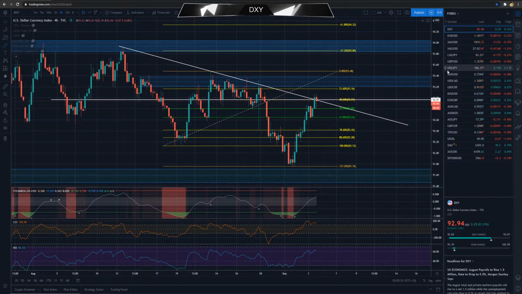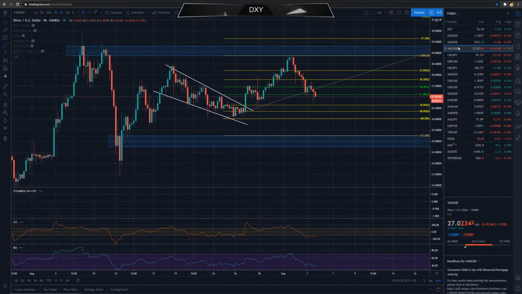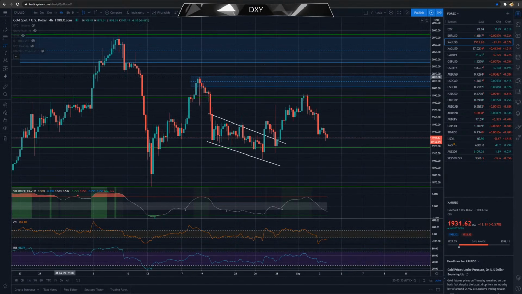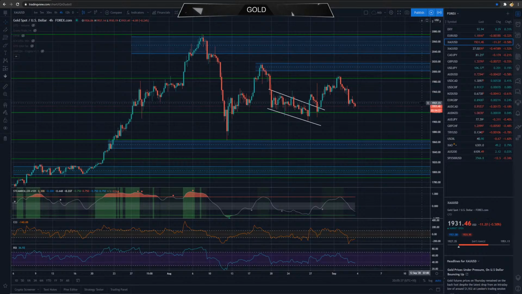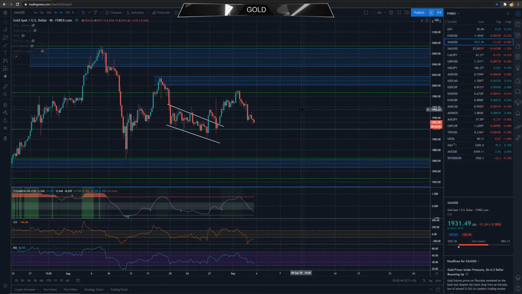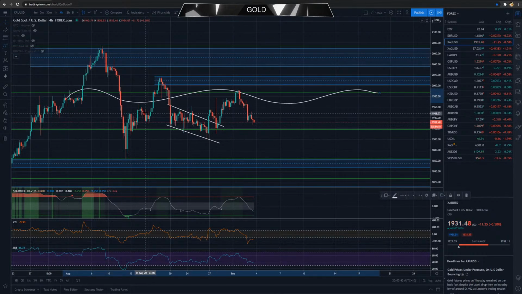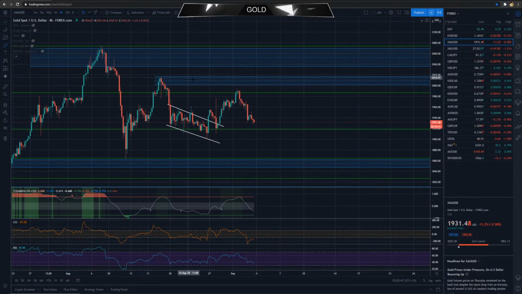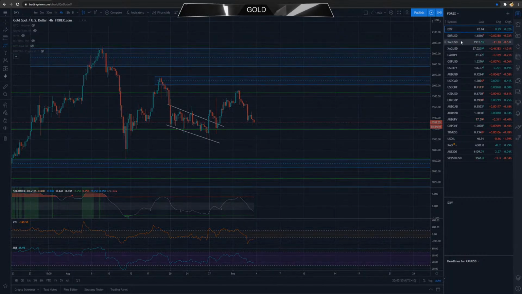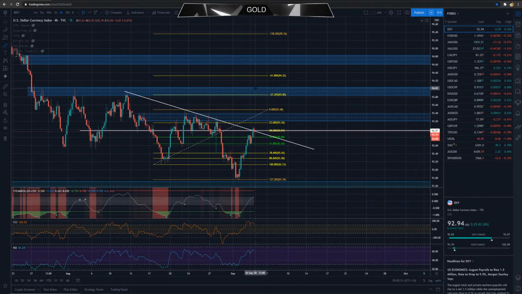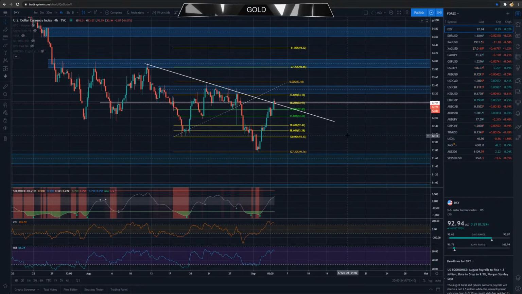With gold, however, silver. Gold, however, with this one here, let me change the title over for the guys watching later on. Still responding to that DXY. So, we had these fib levels drawn in for quite some time now about this 1980 level with gold, and it is really following quite closely along with the DXY, and really doing not complete opposite, but it's following very closely to the opposite level for the DXY.